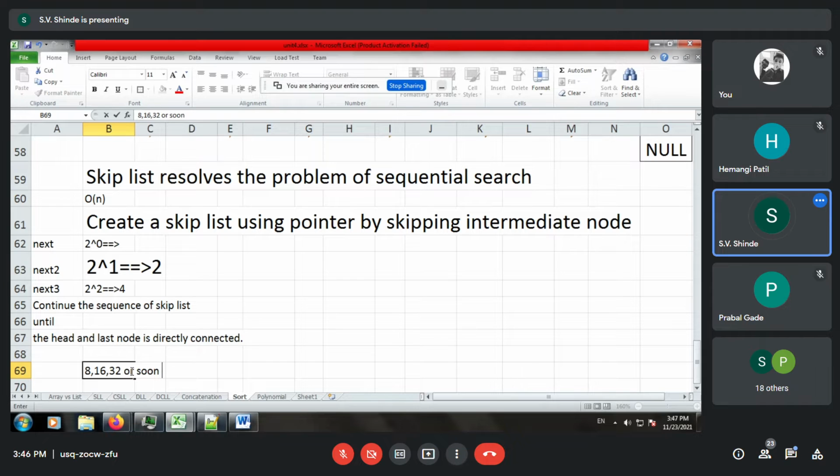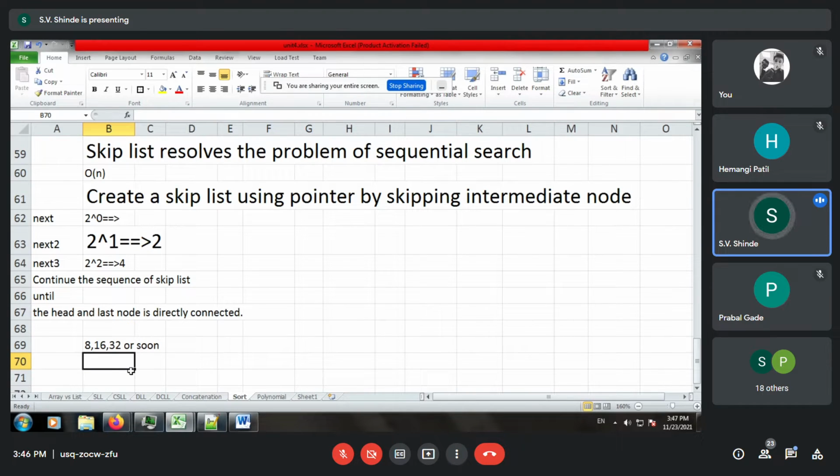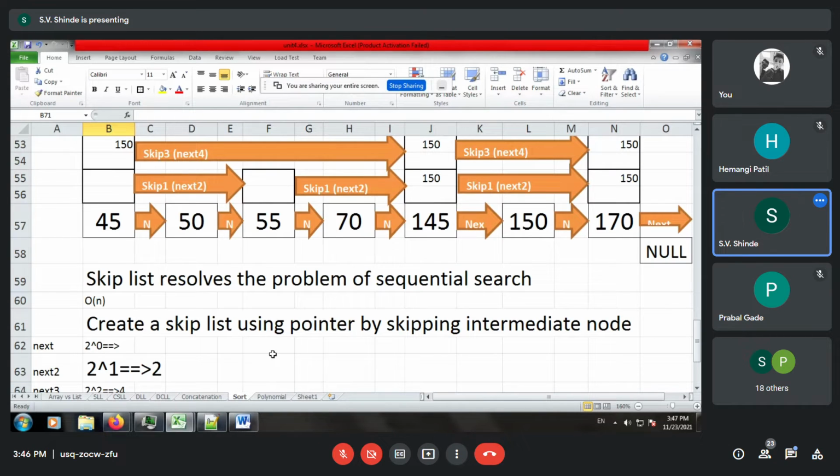So the number is some log of 2, so it is nothing but log of 3 or log of 4 and so on. When you use it to develop a faster search, it will resemble the output similar to binary search.